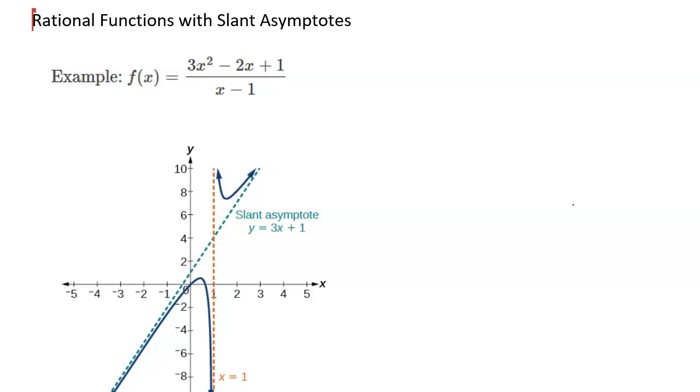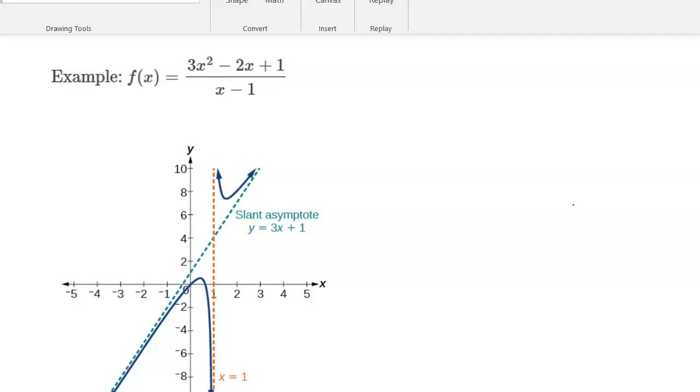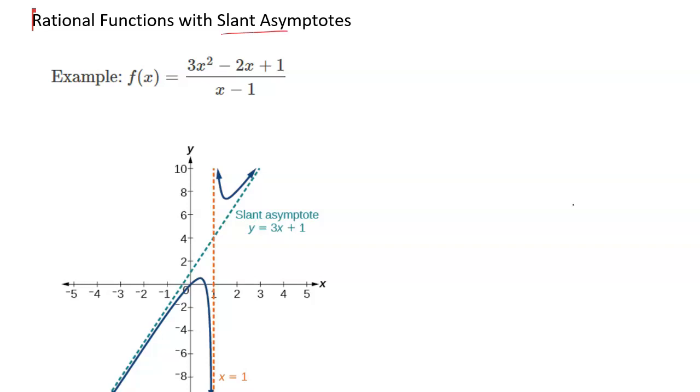In this video we're going to talk about rational functions, and we're going to add in this idea of slant asymptotes. We've briefly talked about slant asymptotes in a previous video, but we're going to expand on that a little bit now. So if you look at f of x here, the numerator has a degree of 2. The denominator has a degree of 1, and when the degree of the numerator is greater than the degree of